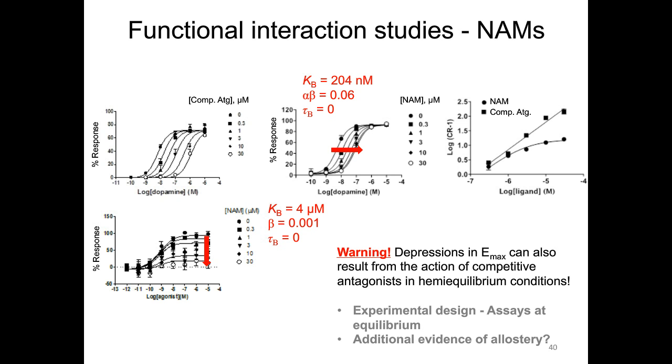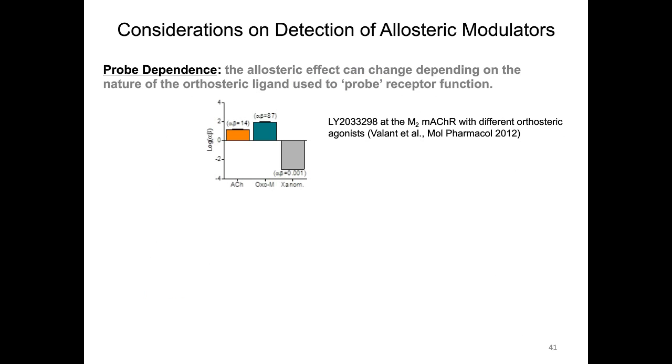So the last few slides have already illustrated the functional complexity that can be associated with allosteric drug action. And now we're about to make it a little bit more complicated by highlighting two interrelated phenomena, those of probe dependence and bias modulation. In simple terms, by stabilizing a distinct receptor conformation, a modulator may exert differential effects upon different orthosteric ligands. This is termed probe dependence, or it may exert differential effects upon receptor coupling to distinct intracellular